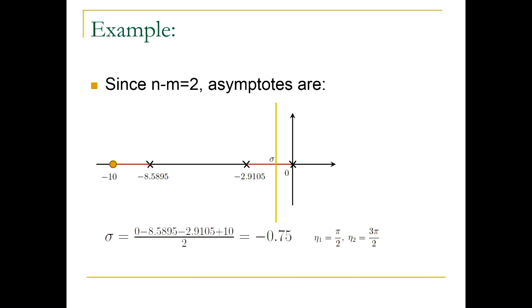So in our example, this is the sum of poles: 0 minus 8.5 minus 2.9. Then minus the sum of zeros, but the zero is minus 10, so minus 10 and the minus in front of all zeros gives you plus 10, and we need to divide by n minus m, which is 2 in our case. The relative degree is 2. So that's the formula. We get minus 0.75. So we know already that we have 2 asymptotes, one going up, one going down, and we just found the intersection with the real axis, which is minus 0.75. So we are getting more and more information about our root locus for the example.